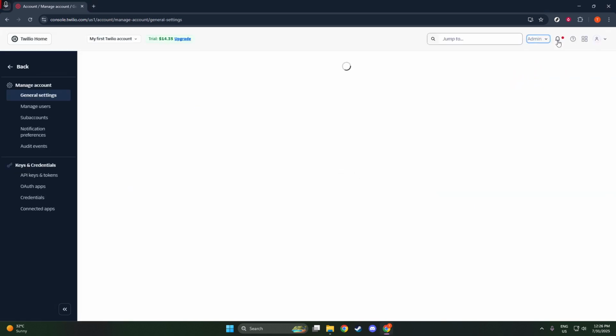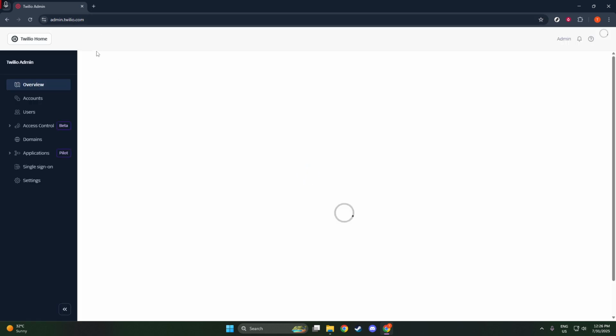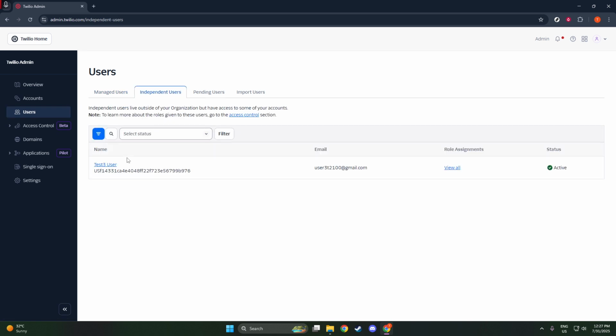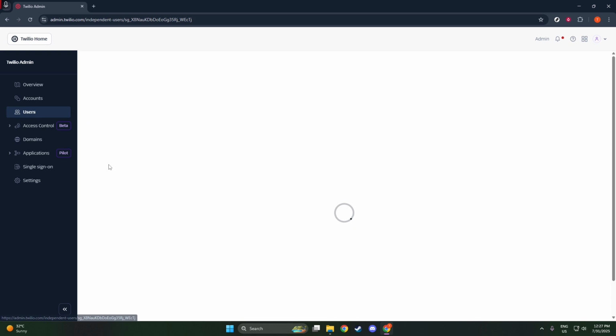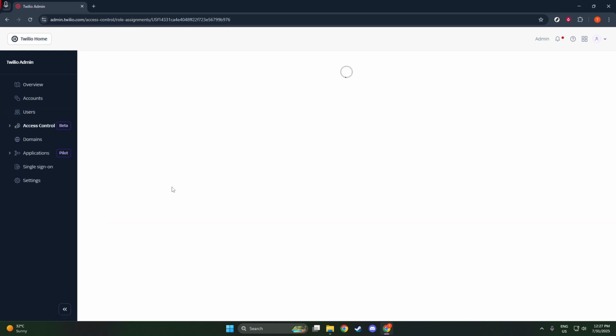If you prefer direct access, simply enter the direct URL https://twilio.com/console/account/users into your browser. Both routes will lead you to the same destination, a comprehensive list of all users linked to your Twilio project. Once you're in the Users section, you'll see the list of everyone who has access to